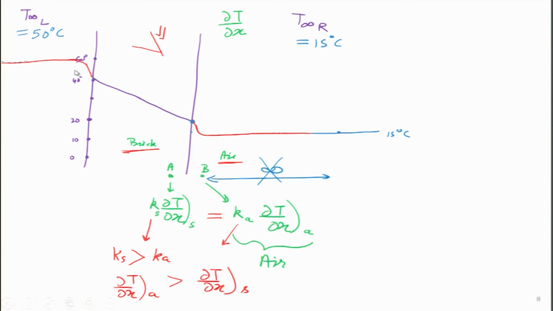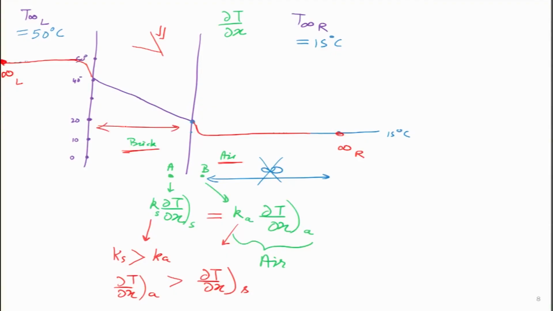Now, what we have over here is the complete temperature profile from the infinity on the left side to the infinity on the right side. So, always remember, in real life engineers are not talking about real infinities. Infinity means a large distance, so we are just symbolically representing it for a large distance. Let us say this length is 1 meter. Then infinity would mean we are 5 times or 10 times that distance on both sides over here,